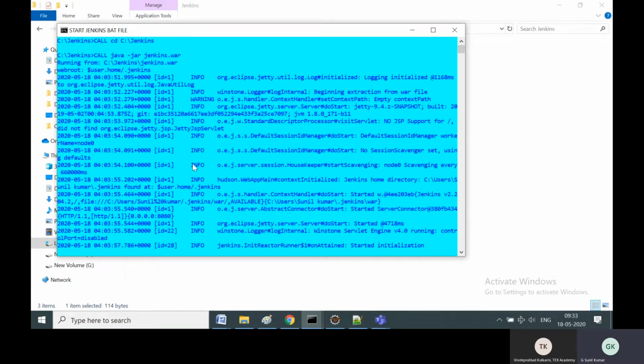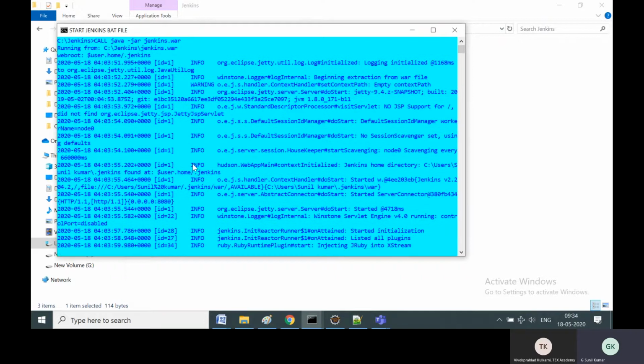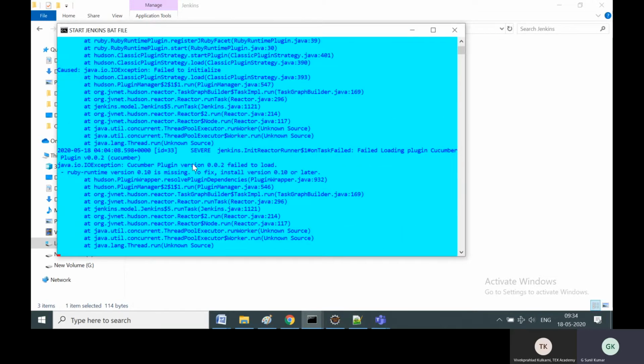Once you set up the username and password, the next time it starts, you can even save the password and everything in the browser itself. It's going to start within a minute.